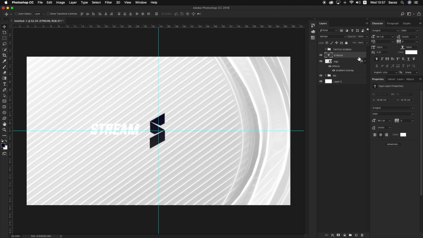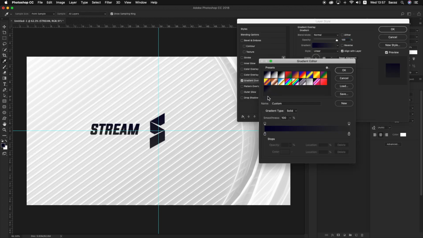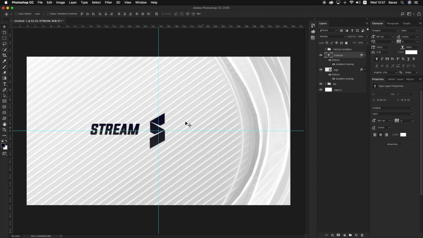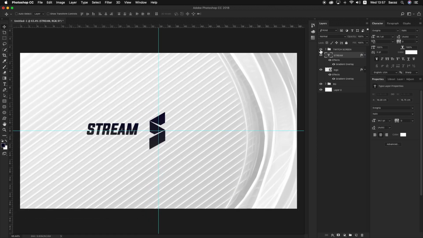So we're just gonna add the same gradient we added. It should be saved. If it's not saved, just go here and then press new in the logo, and then just click on it. It will be the last one, but we already have it right over here. So what's next would be doing this